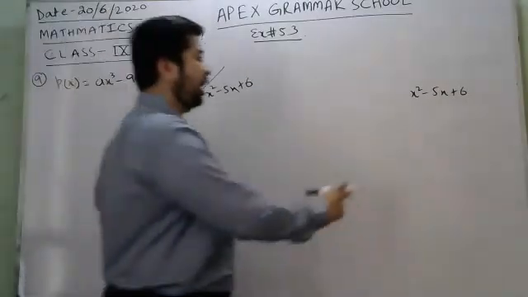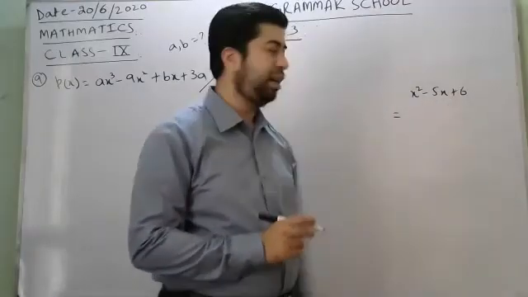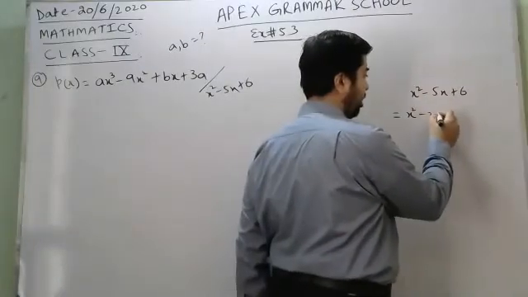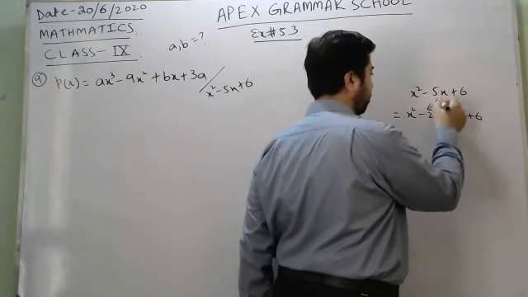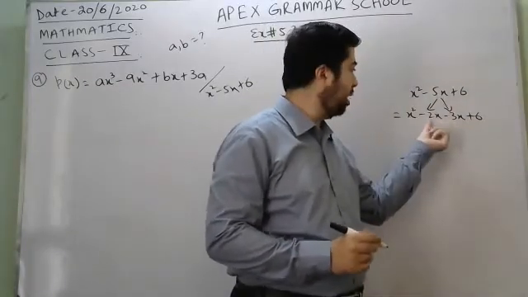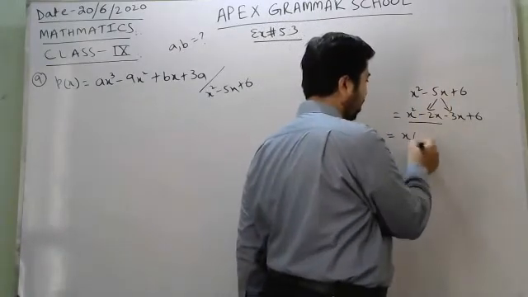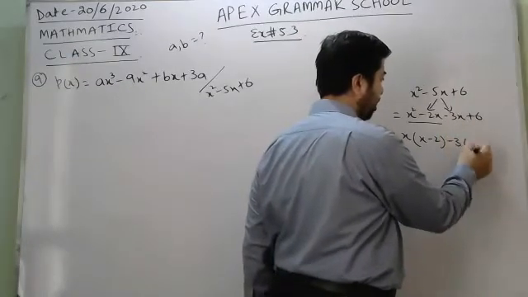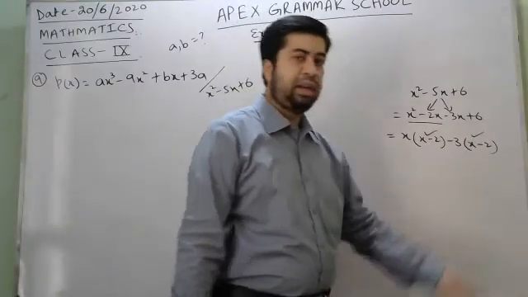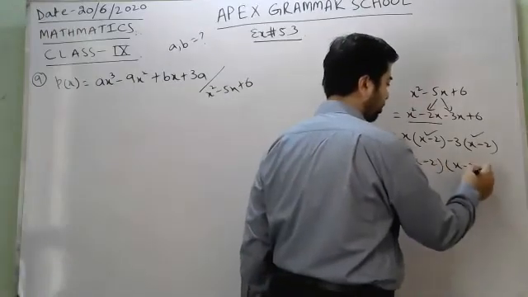So x squared minus 5x plus 6, you have to do middle-term breaking. Minus 5x, instead of writing that, you already know, write minus 2x minus 3x plus 6, because minus 2 and minus 3 multiplied give positive 6, and minus 2 and minus 3 added give minus 5. So now, what is common there? x minus 2, this will be minus 3, x minus 2. You already know that both are the same. So you have x minus 2 one time and x minus 3 another time.